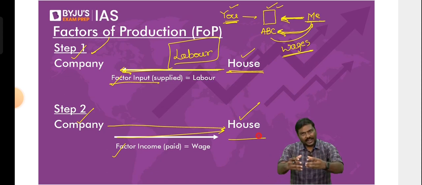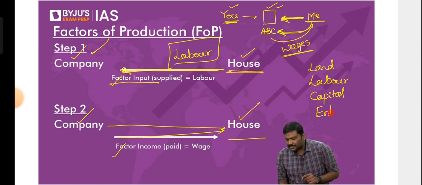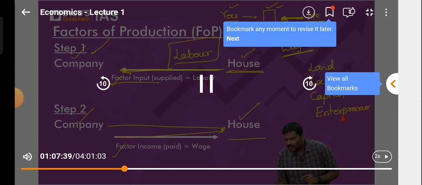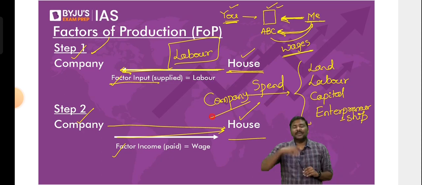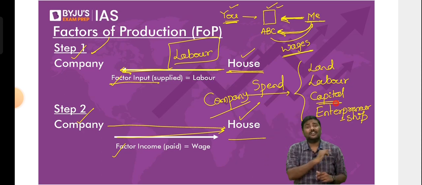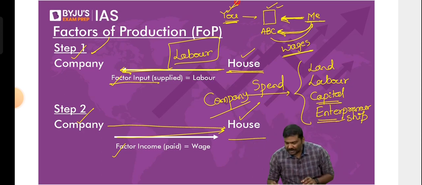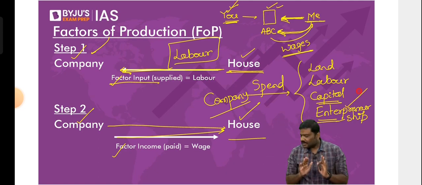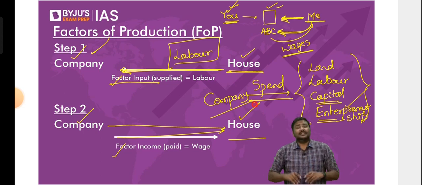Whenever a company wants to utilize the factors of production, what are the factors of production? Land, labor, capital, and entrepreneurship. Whenever the company will use any of the factors of production, on all of them the company will have to spend money. Understand this. The company will use labor, company has to pay for the labor. Company will use raw materials, company has to pay for the raw materials. Company will purchase machineries, company has to pay for the machineries. Company will use the owner services, that is, you have invested, you have taken a risk, company will have to pay something to the owner also. Is the logic okay? So understand this. Whatever are the factors of production which are supplied to and used by the company, the company has to pay.